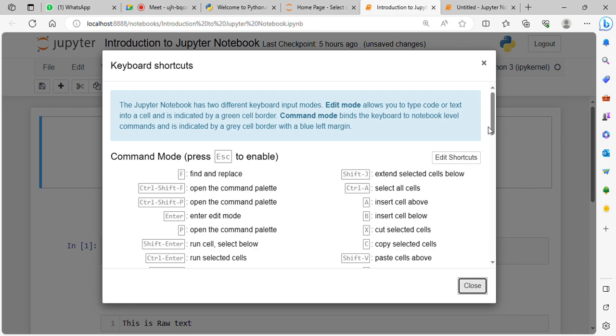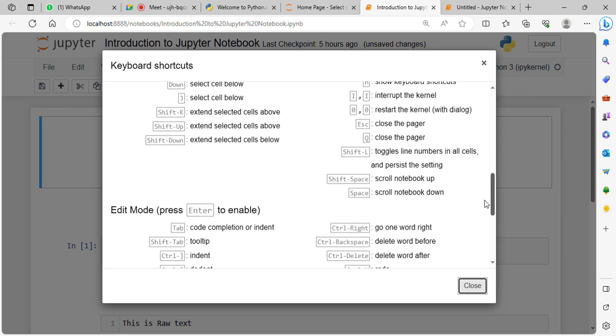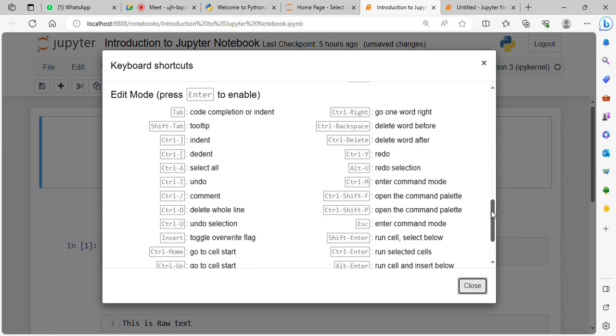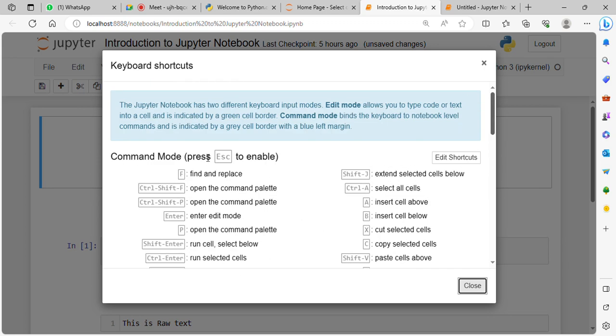Okay, you can also see shortcuts for edit mode. Various shortcuts for edit mode also. Okay, so first we'll see these command mode shortcuts. Some of the important shortcuts are,